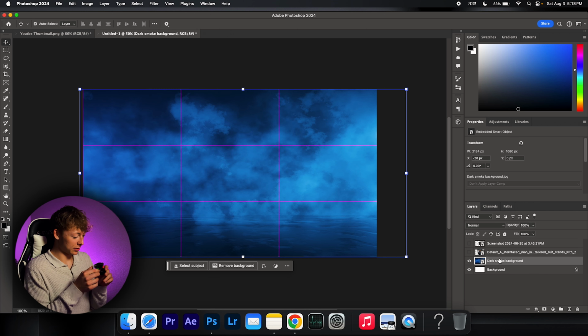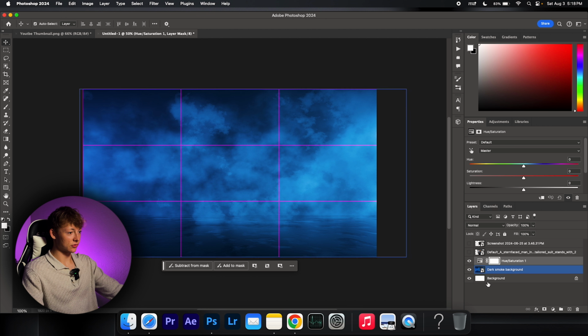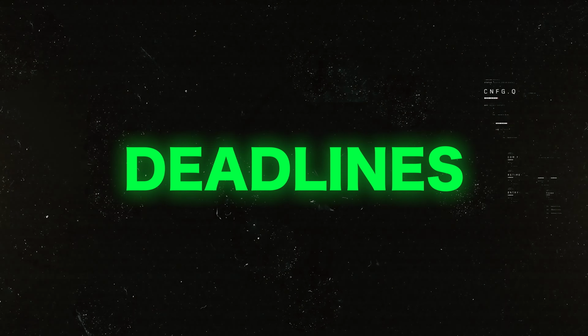So I went over here. I made an adjustment layer for hue and saturation. I held Alt. If you hold Alt and do hue, saturation, or any kind of adjustment layer, it'll only affect the bottom one. So you hit that, and then real quick,